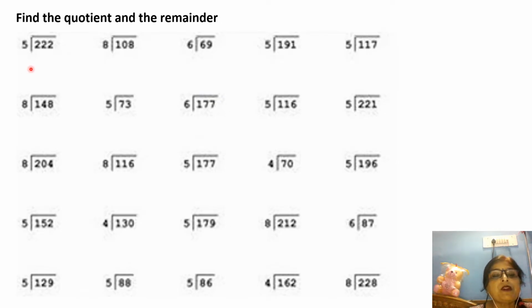My dear students, I am sending you slides of the practice set. First, find the quotient and the remainder. So many sums are given here. Take out your paper, use a pen or pencil, and solve them. The questions are very easy and you can do them yourself. All of you know about it, but practice is more important. You know it, but sometimes you make mistakes. So practice will make you perfect. Note down the questions and solve them on paper.